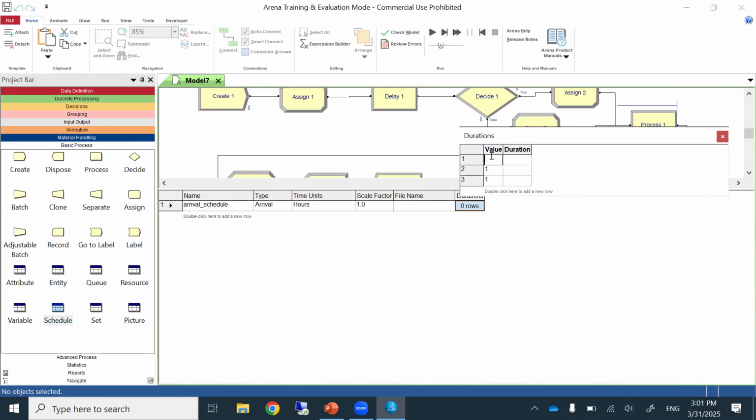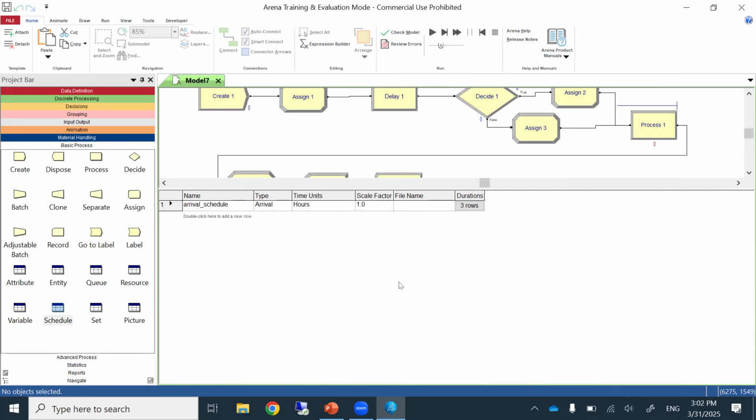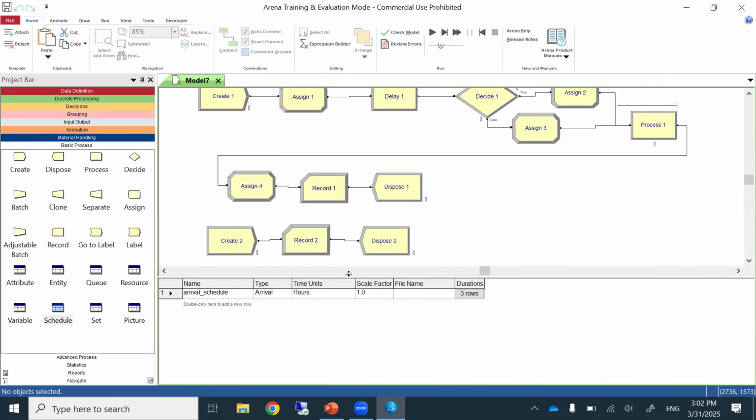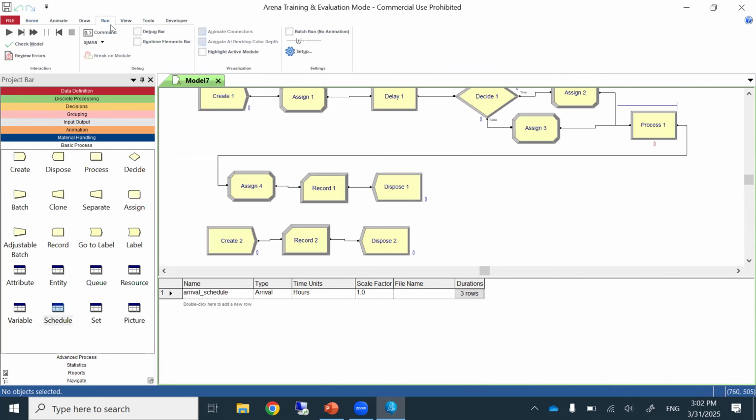4 for 10. 4 for 10, 10 for 8. 10 for 8, and 8 for 6. So we got that. Okay. What's missing? We need to set up things now. So let's go to run, setup,